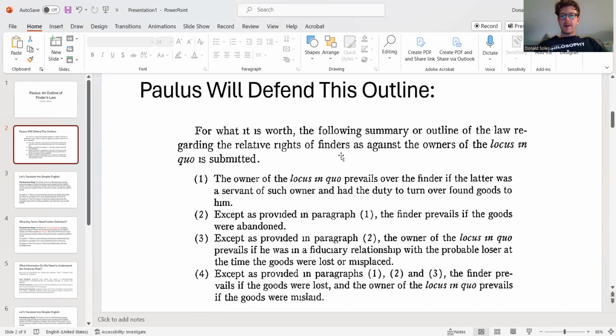The remainder of Paulus's article, as well as the remainder of my lecture today, will explicate this outline, which is an outline of the rule in America. The rule differs in England, and it's good to flag this. But I think what I'd like to do for you first is to put this summary that Paulus has given us into more plain English.